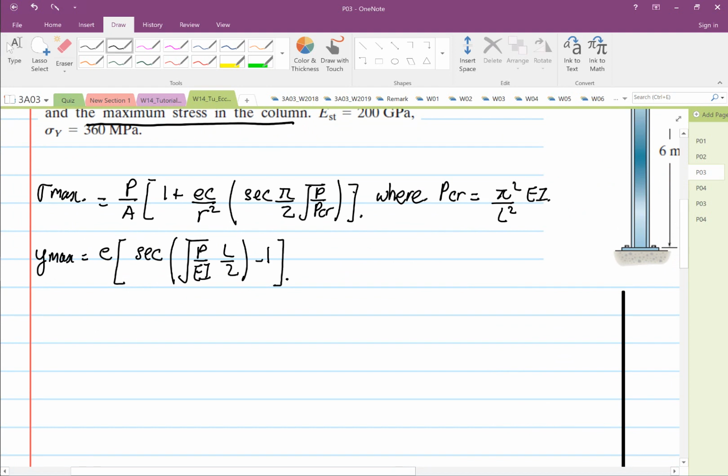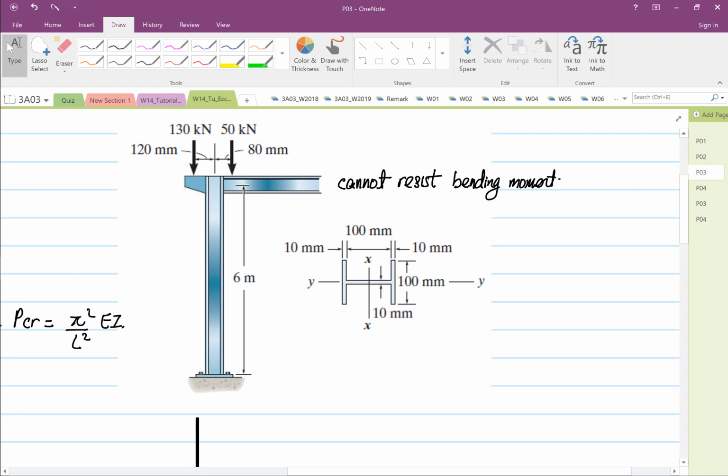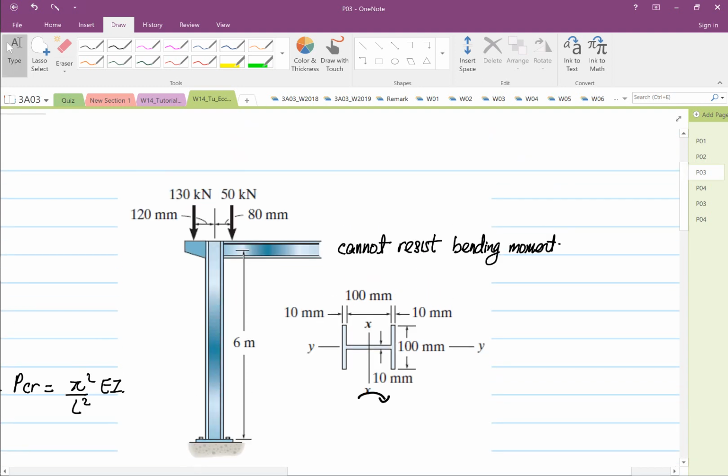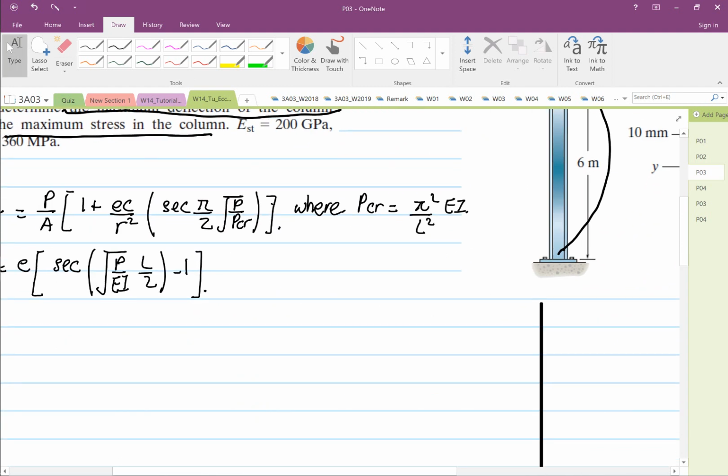Okay, so it's our stress max equation and our Y max equation. So the first thing we do, we have to find out the buckling. If you look over here, buckling will occur about the x-axis, right? So if this is our x-axis, this will be our y, this will be our z, and over here this will be our x. So the column will buckle this way, along our x-axis, right? You'll buckle this way. So when that's the case,